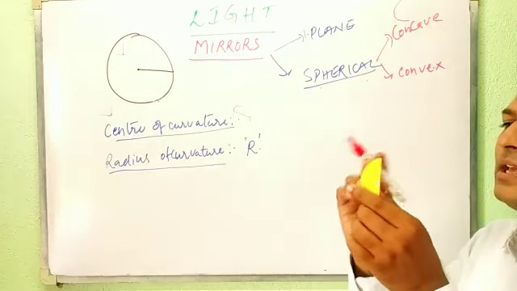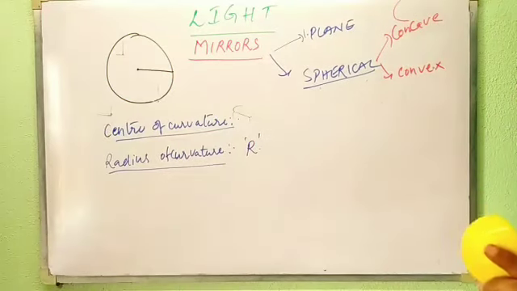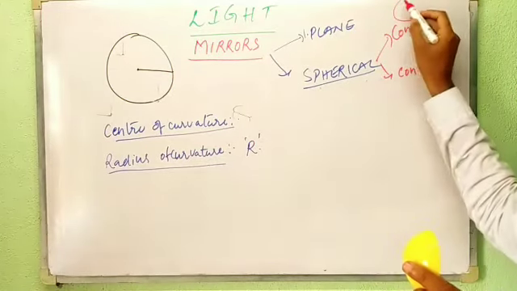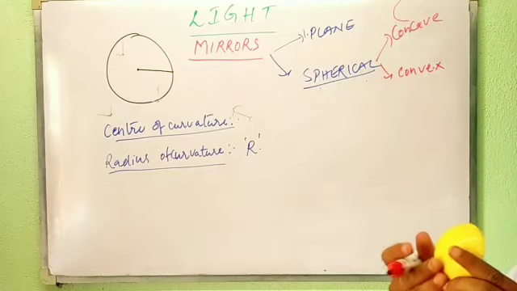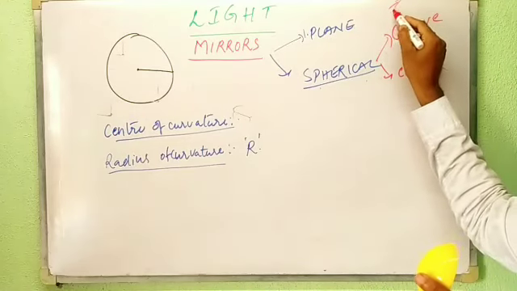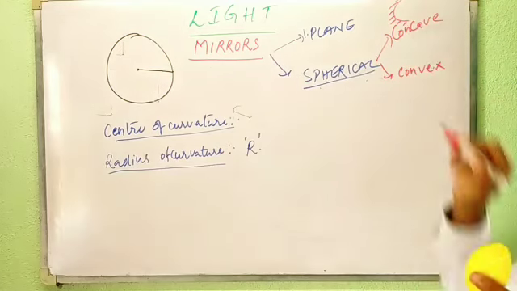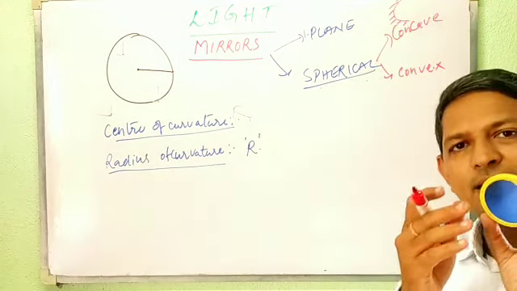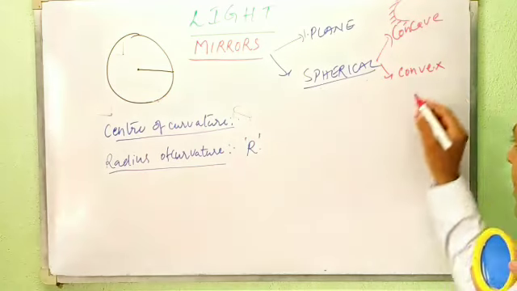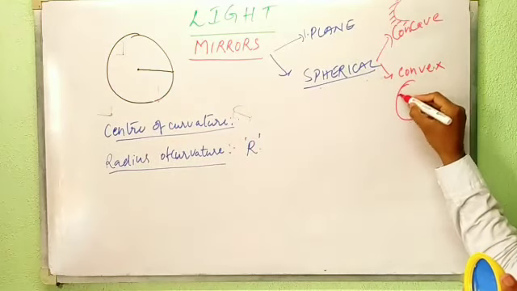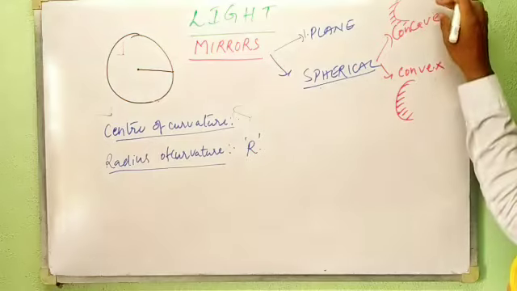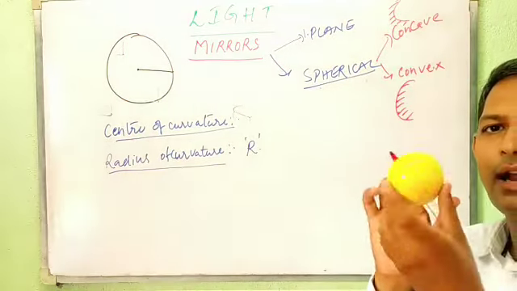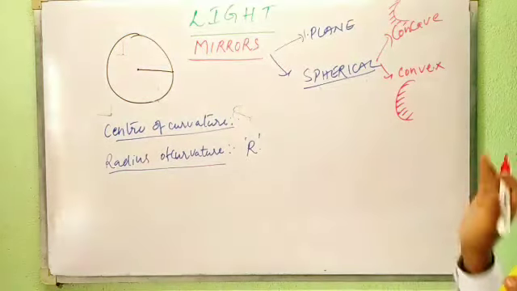Now if I am drawing it like this, this is represented like this. The outer coating, if I am giving the coating on the yellow side, is represented like this. So a concave mirror will be represented like this. If I give the coating on the inner side, that is the blue side, that is represented like this. So this is called a concave mirror, and if I give the coating this side,